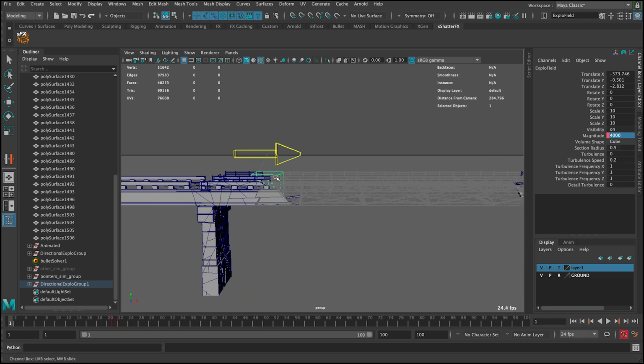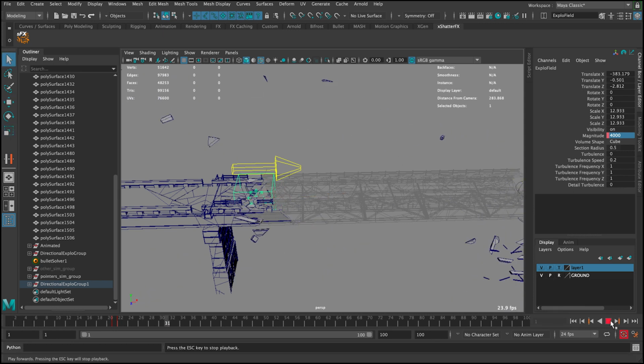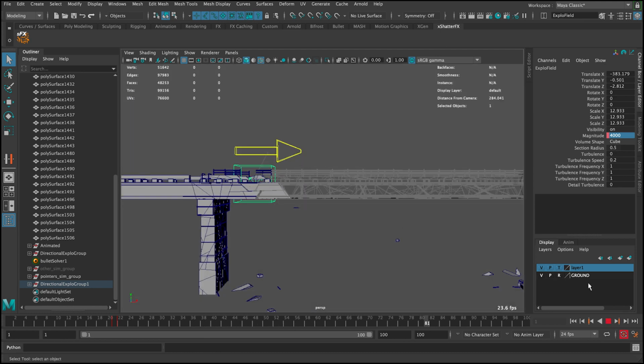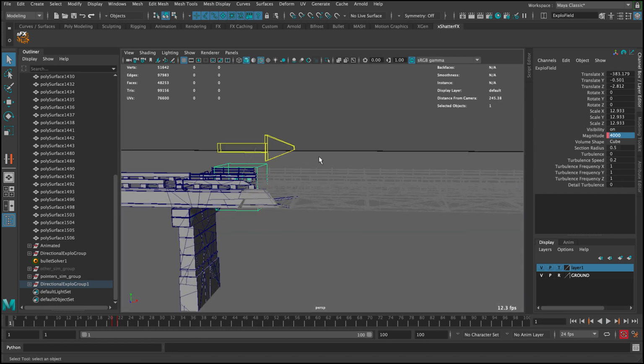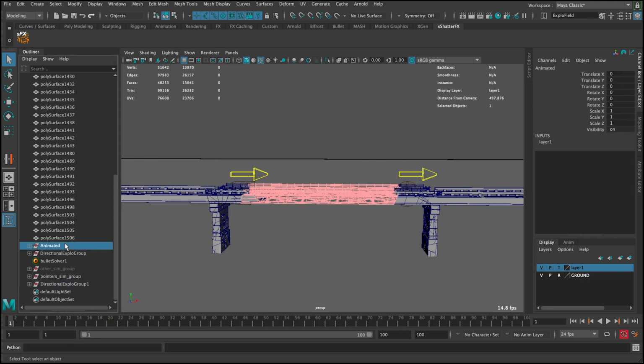Okay. Somehow it's not. I need to scale it and make sure it's really matching. Okay, now they're flying a bit more. Okay, and then now let's do the animation on the bridge itself. So let's select this animated, let's remove it from reference,